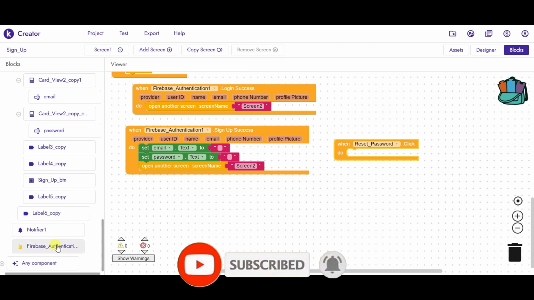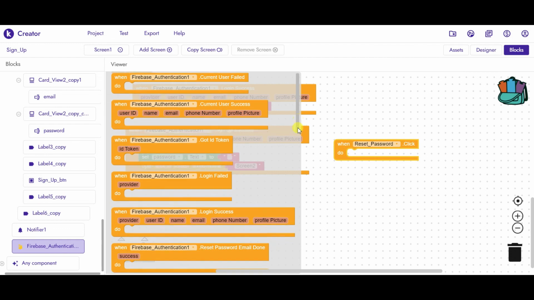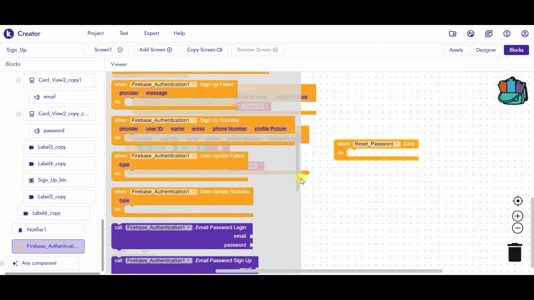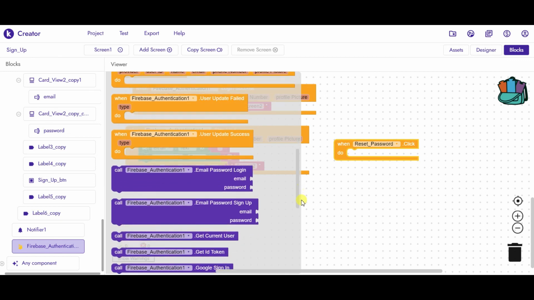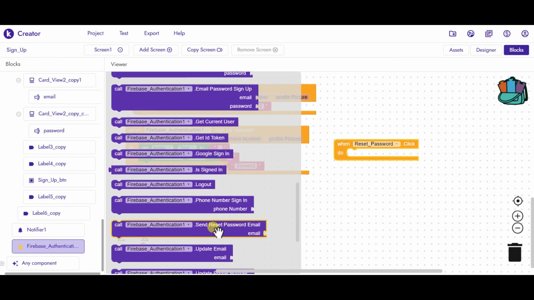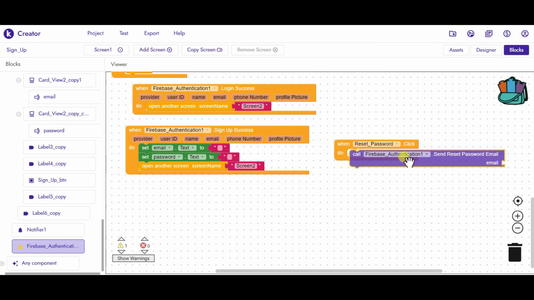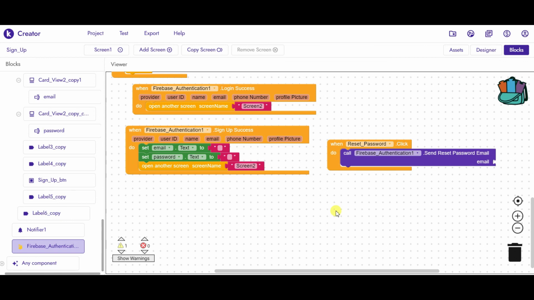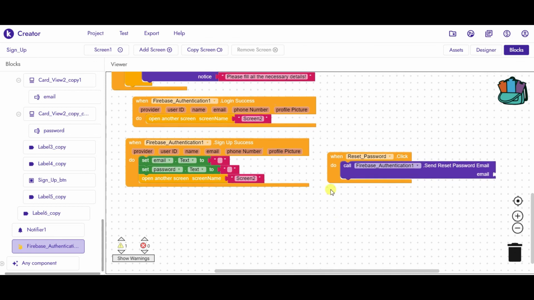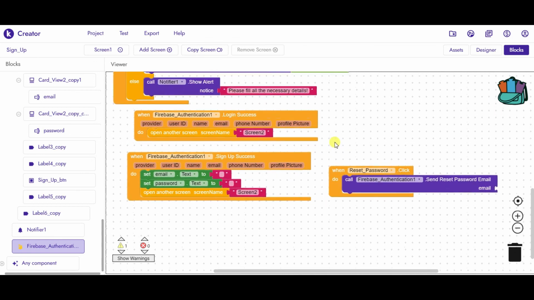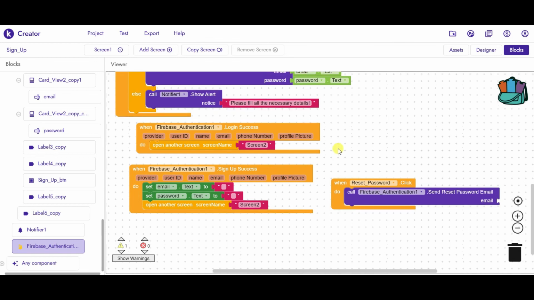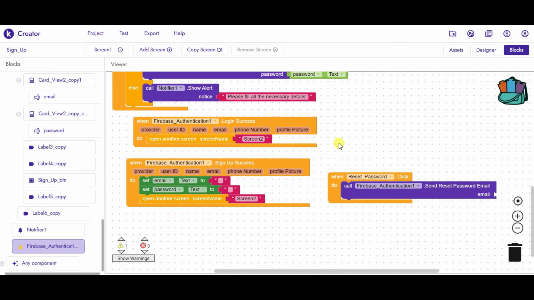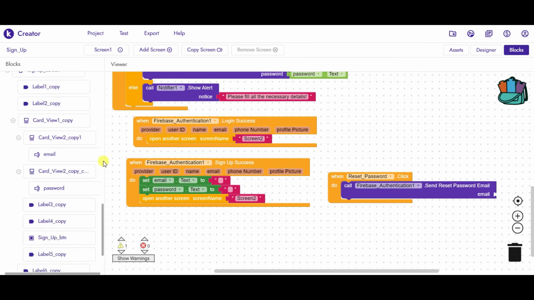So we will call Firebase authentication, and we will choose the block send reset password email, and the email should be, so here in email you can either enter your email directly, or whatever email we type in the text box, that email we can choose. So that will be user email.